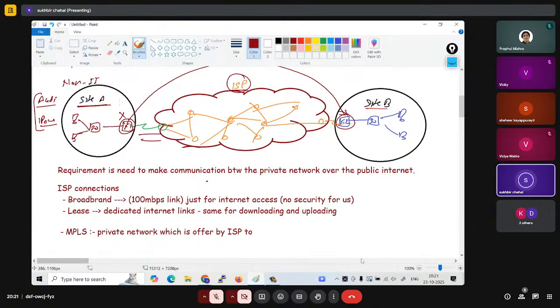Maybe one location is in Delhi and one location in Bangalore, right? So in that case, we can have one dedicated network for MPLS, right? So MPLS manages everything for me. This is the task of the MPLS provider, who will exchange routes from one site to another site through the network, and even giving me security. Okay,